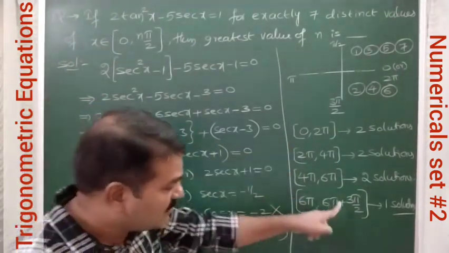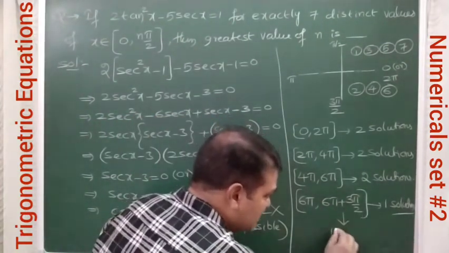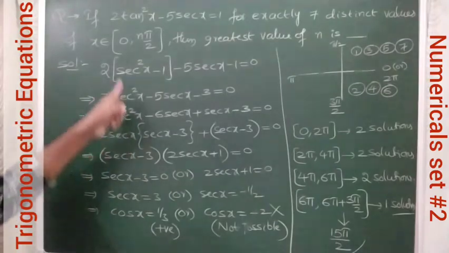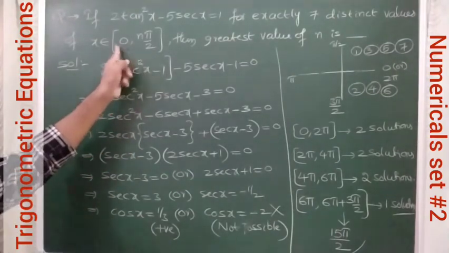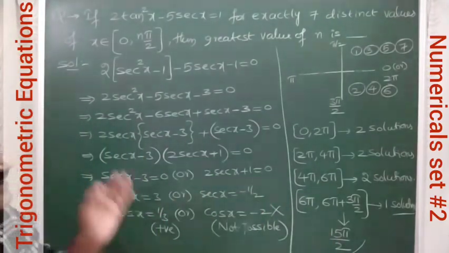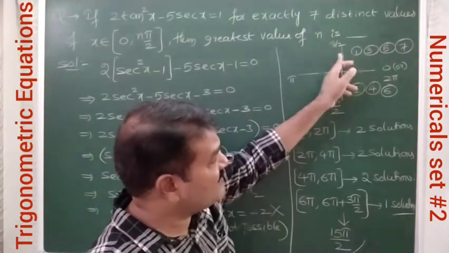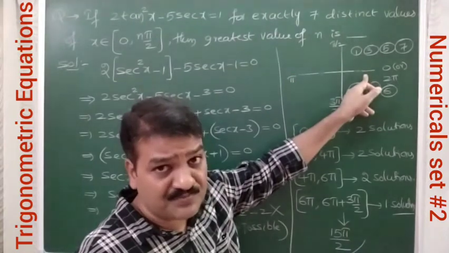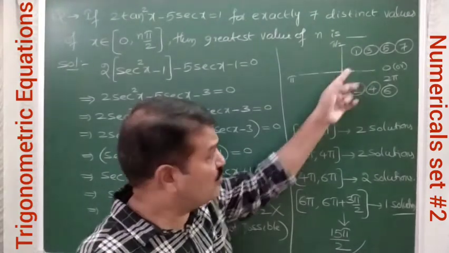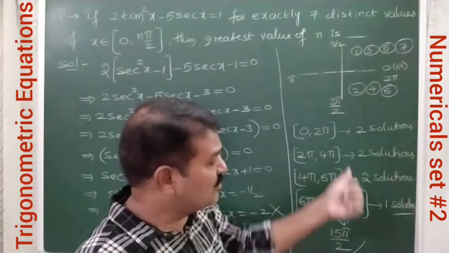Starting from 0, what is the maximum limit which we covered? 6 pi plus 3 pi by 2 means 15 pi by 2. This is the maximum limit. They have given the interval like this. So what is the maximum value of n now? 15. This is the maximum extent. If maximum term is not mentioned, the seventh solution will be obtained in the first quadrant, no? So to get 7 solutions, only the first quadrant is enough. No need to go up to here. You can stop in the first quadrant only, that means at pi by 2 we can stop.